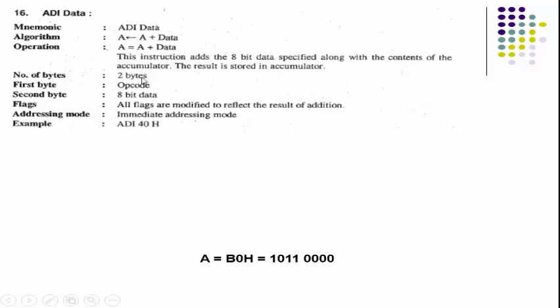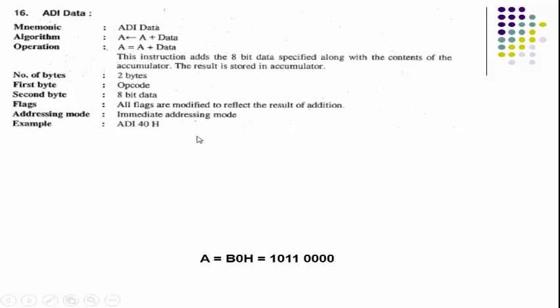So opcode plus 8-bit immediate data means total 2 byte instruction. The first byte is the opcode and the second byte is 8-bit data, and all flag bits get modified to reflect the